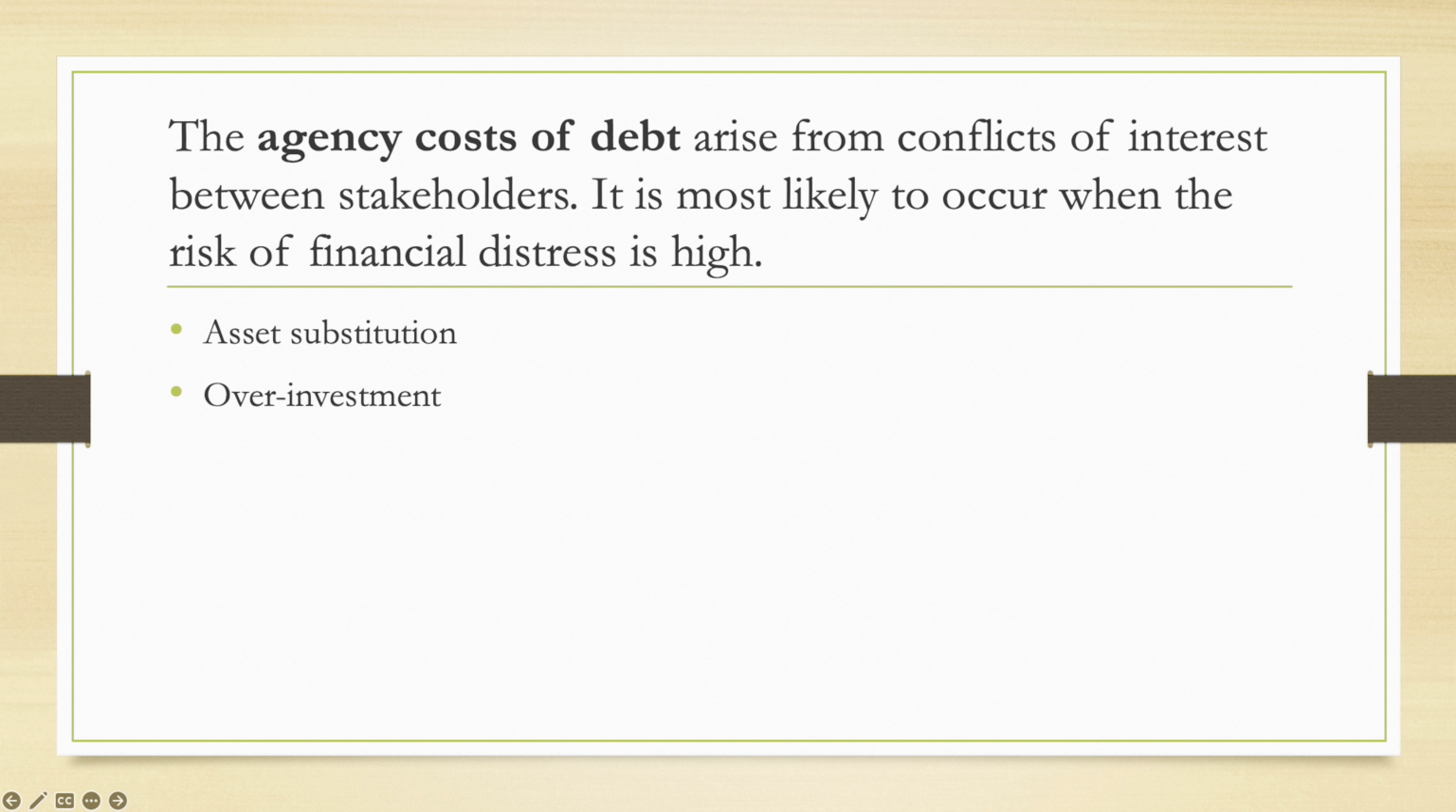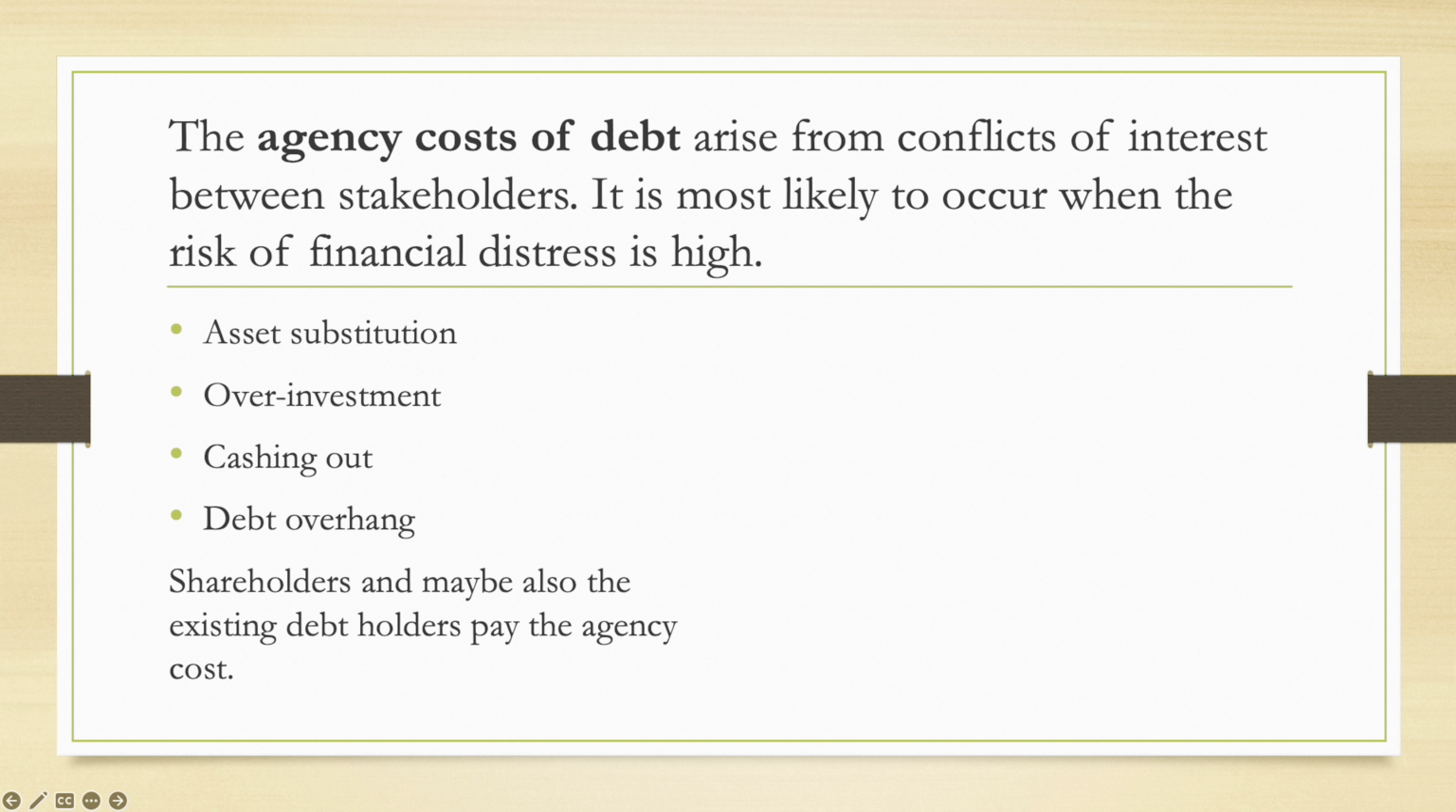Asset substitution is to replace low-risk assets with riskier ones, or overinvestment, that is to undertake negative NPV but sufficiently risky projects. Shareholders may also choose not to finance new, positive NPV projects. Cashing out. Shareholders have an incentive to withdraw cash from the firm if possible when the firm faces financial distress. Debt overhang. Equity holders reject positive NPV projects which only benefit debt